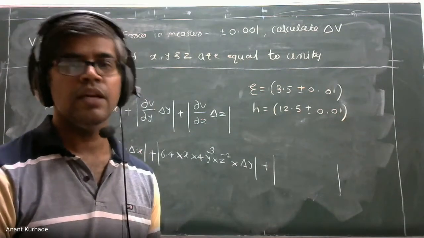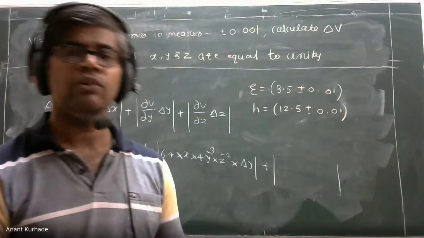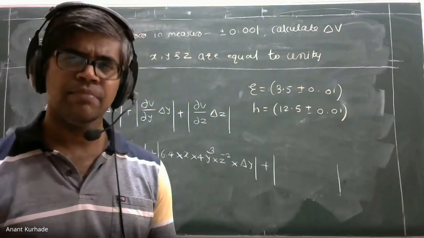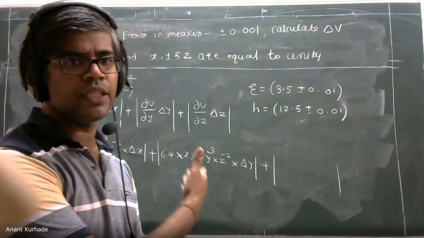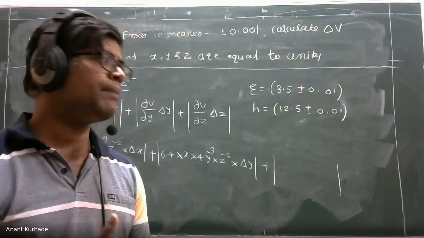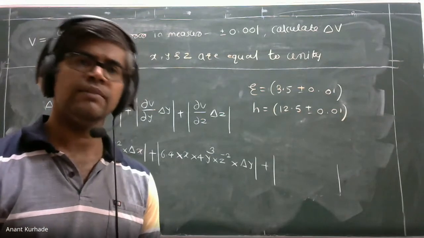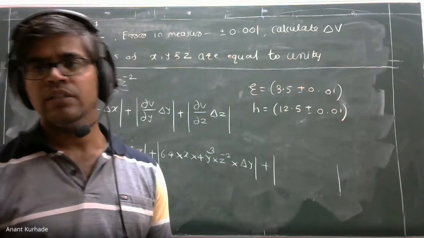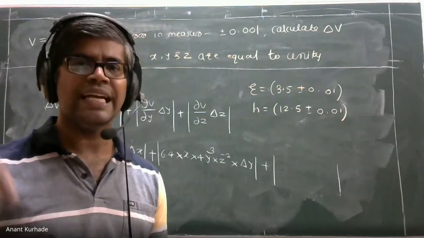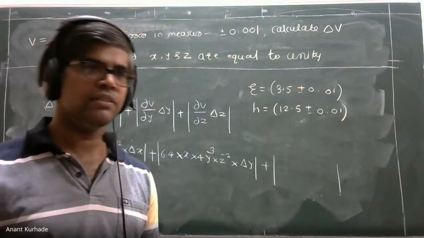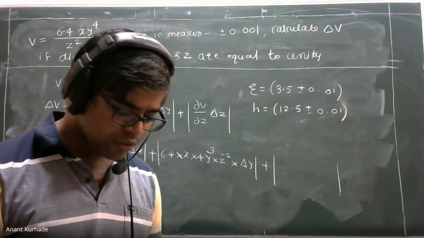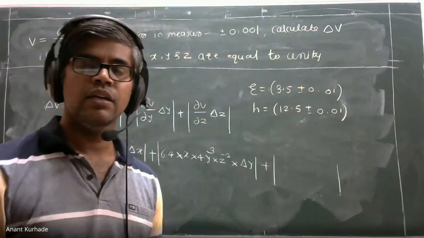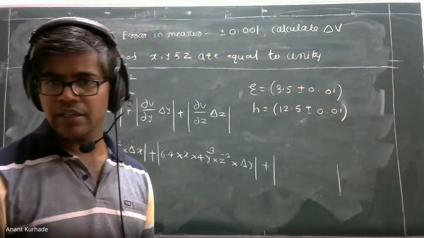And one more thing, always change the mode of the calculator from degree to radian. Okay. Now in this case it is simple. But in any equation or function you might have a sine, that means trigonometric sine. So in trigonometry you can have sin theta or sin x, any sin z or whatever. So you have to change the mode of the calculator from degree to radian. So better to change. Okay.